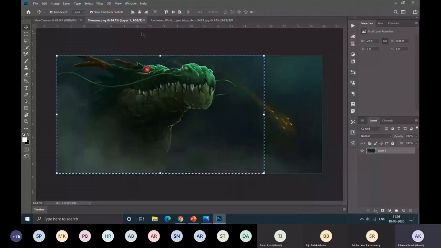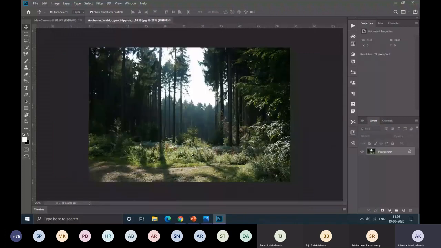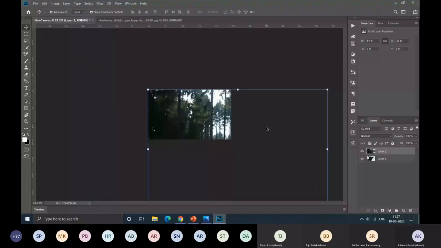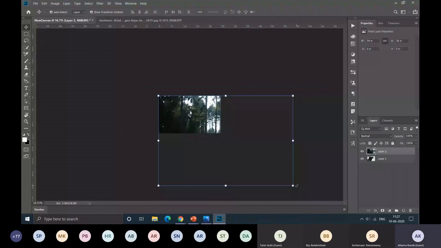And we can just copy this image. You can press Ctrl A to select all, or you can go with the marquee tool if you want to select some part of the image. Just copy it and paste it here. See that the image size is much larger than the canvas, so you can see only some part of the image. So zoom out. You can see the borders of the image. Just scale it like this, and I think we are good to go like this. Press enter.